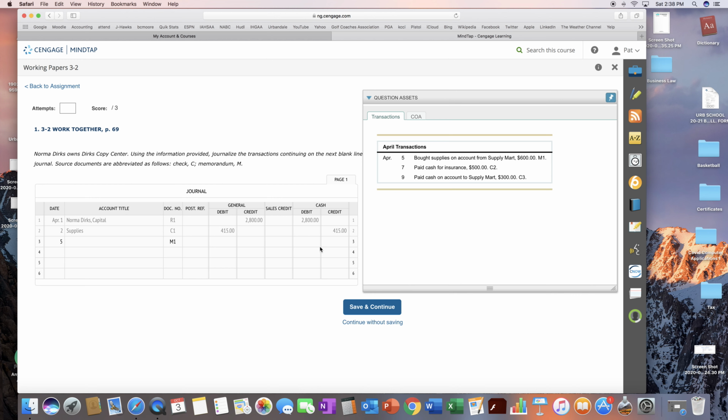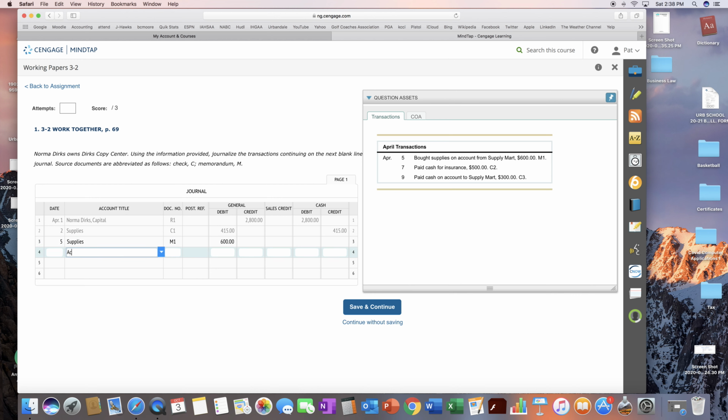So when we don't use the special amount columns, we need to have a debit and credit in the general account. And what was our rule in there, saying whatever's in the general debit or credit must have an account title. So what's the first thing we do when we bought supplies? We increase supplies, the asset. So we will debit supplies for $600